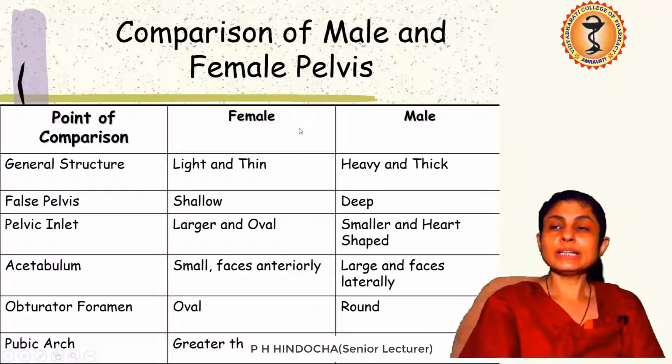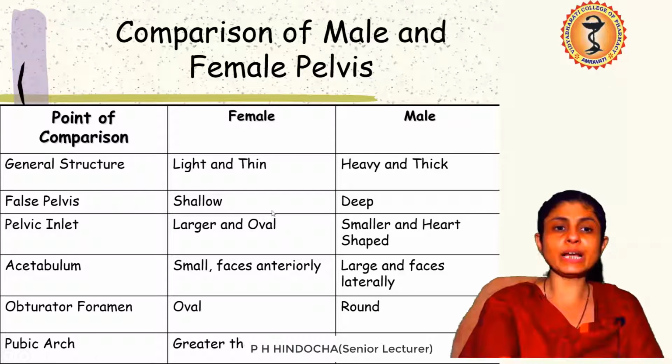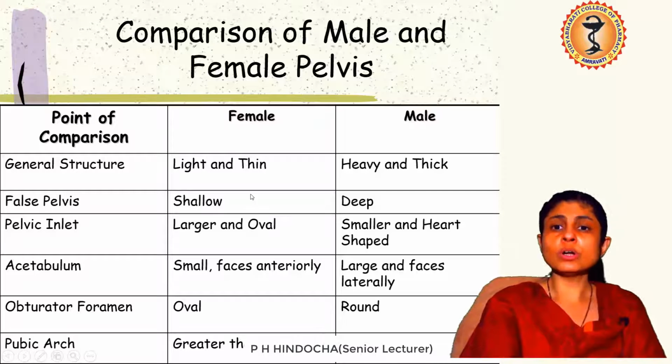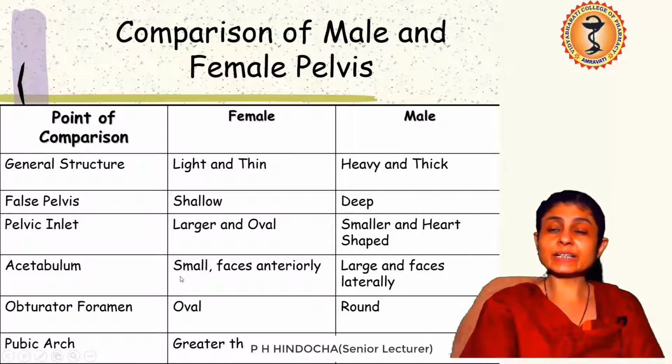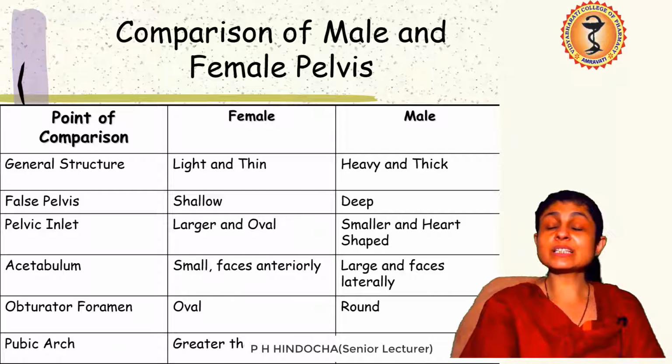General structure. In the female body, the bones are light in weight and very thin. In the male body, they are heavy and thicker because of the greater bone density which a male body has. False pelvis: in female, it is very shallow, but in male, it is deep. Pelvic inlet, that point at which the pelvis starts. In female, it is larger in size and oval in shape, oval much like an egg. In the male body, it is smaller and roughly